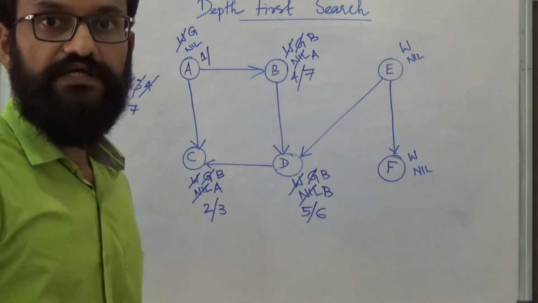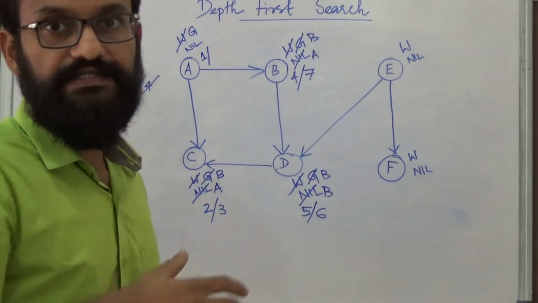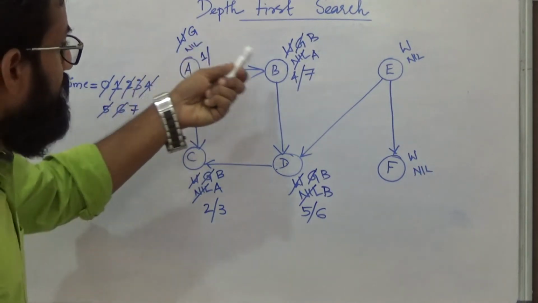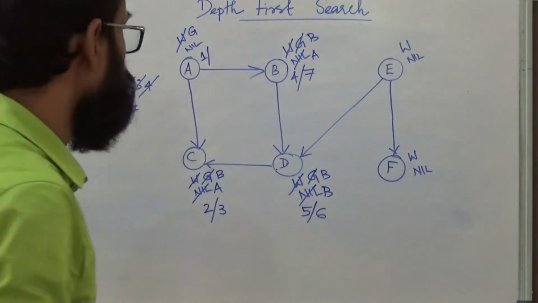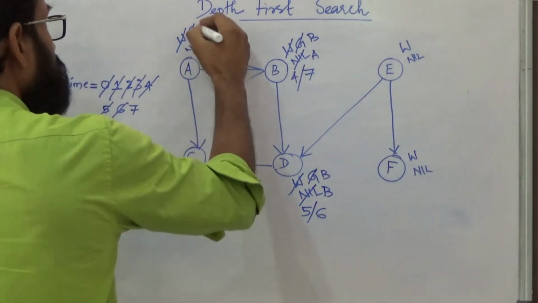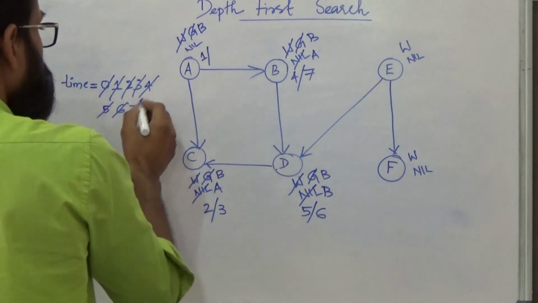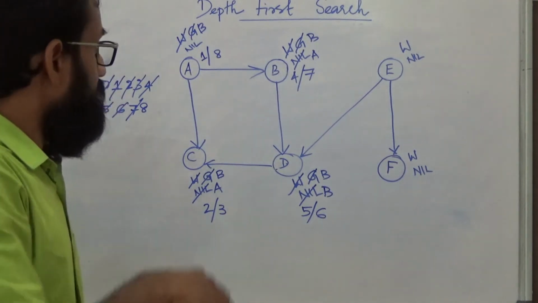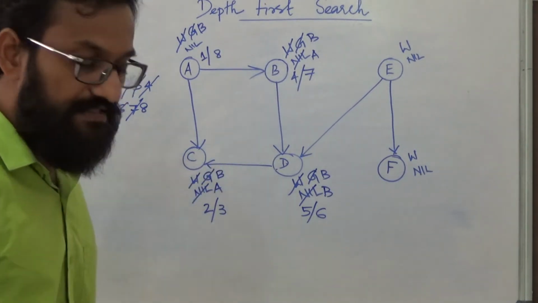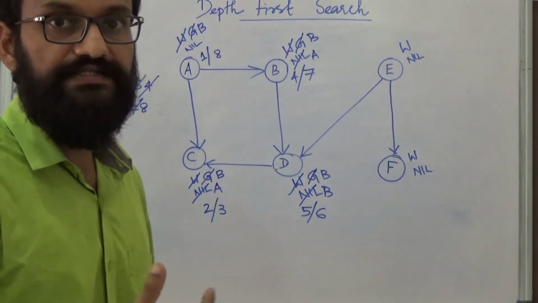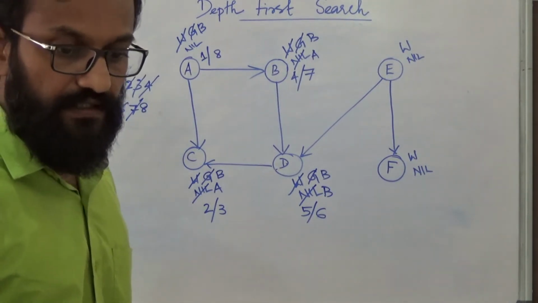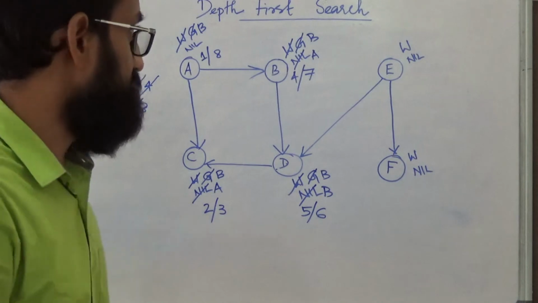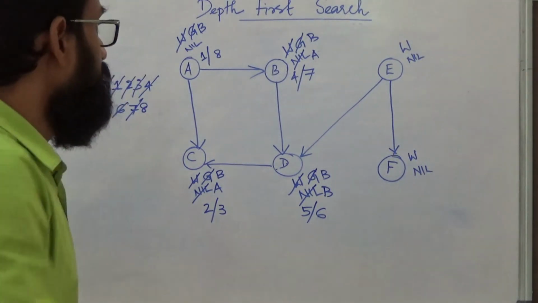Now from A you will be checking whether it's having any adjacent undiscovered node. As far as A is concerned, you have completed discovering all the vertices that are reachable from A. So finish this node, change color to black, increment time by 1 and fix that time as the finishing time. And this DFS visit will terminate, but still there exist some vertices that are undiscovered. So what happens is, it will take one among the remaining white vertices and this process will be repeated.